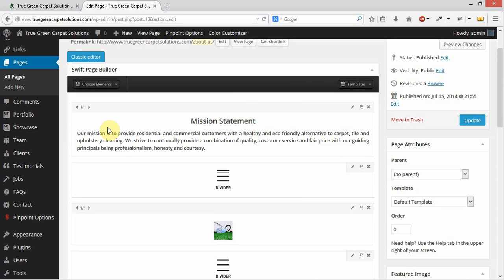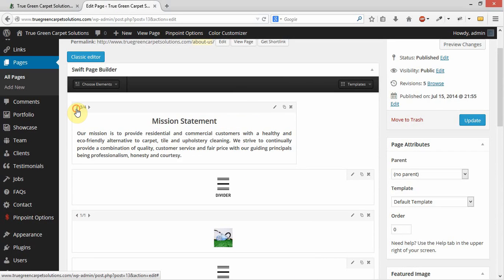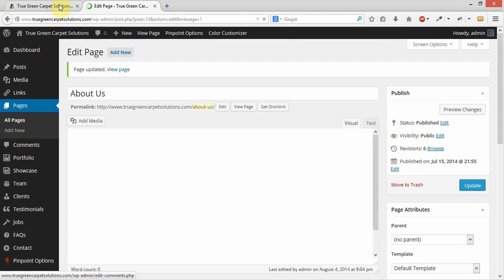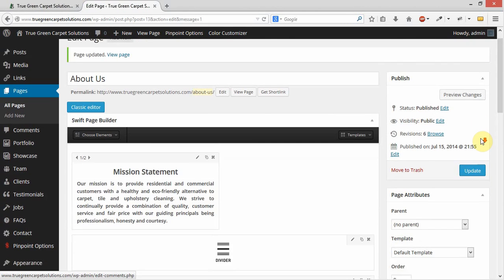So not only can we move this content around and change the order of it, but we can also do other things too. I could change the size of this content over here, and now make this only half as wide. And now when I save the page, and that's saving the page, by the way, coming over here to